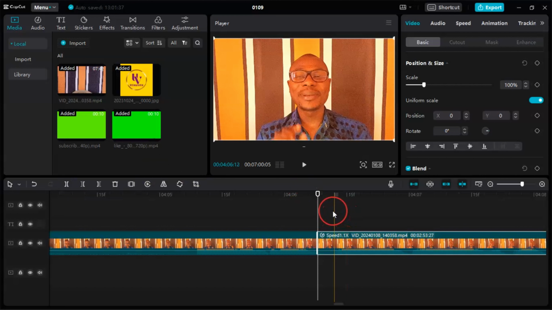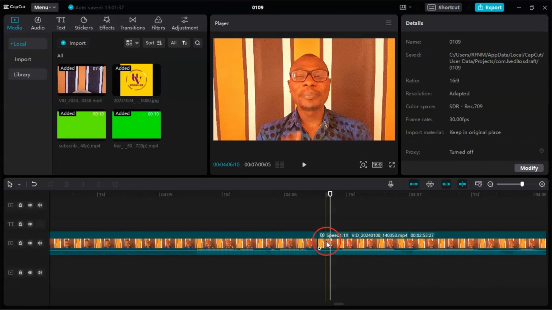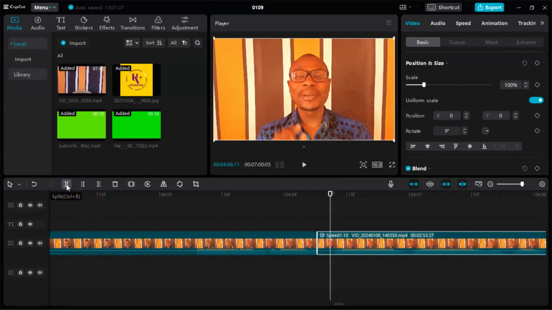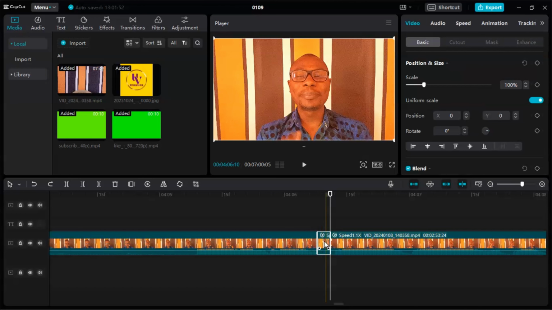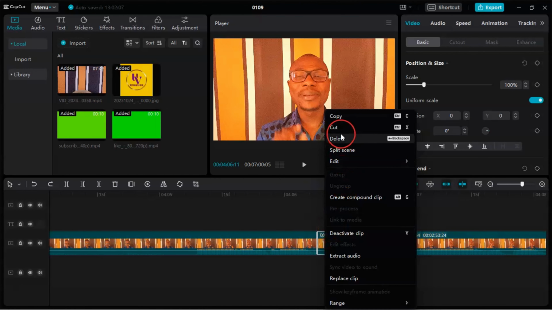Then put the cursor here again, click on the video down, then come here, click to split. Look at it there. Now this is the gap in between. Okay, so for you to take it off, just click on your backspace to delete. Okay, click on backspace like that, or if you want to delete this way, right click and then you see